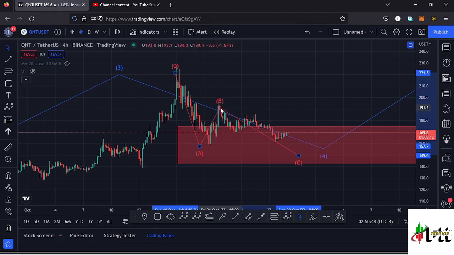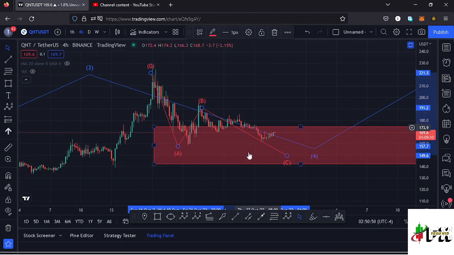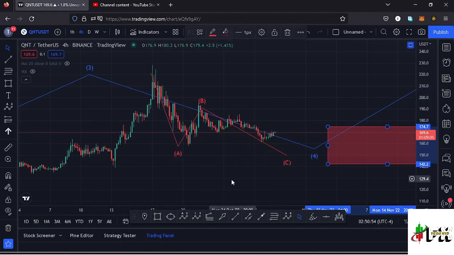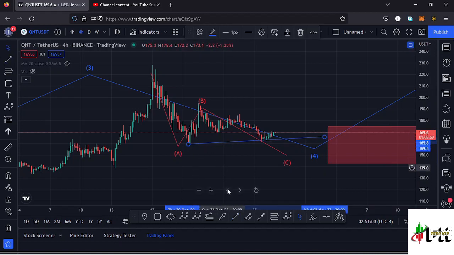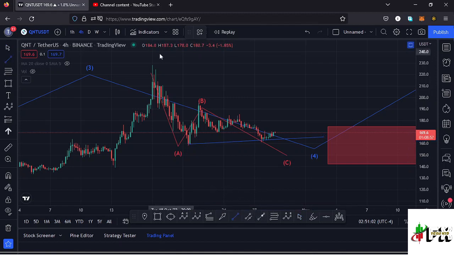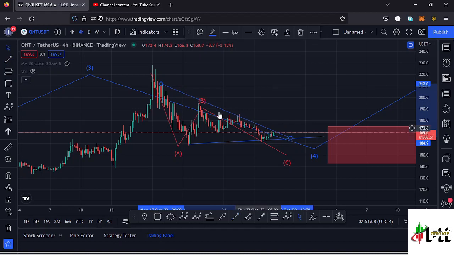And to support that movement to the lower side, we also have a key chart pattern that is in formation right here, which is a triangle, and if I draw it out, we can have this as the lower side of that chart pattern, then we have the upper side of the triangle as this trend line over here, and you can see we have continued to push the price of Quantum to the apex of this triangle, and we are going to see a breakout out of this chart pattern, and I'm expecting that chart pattern to give us